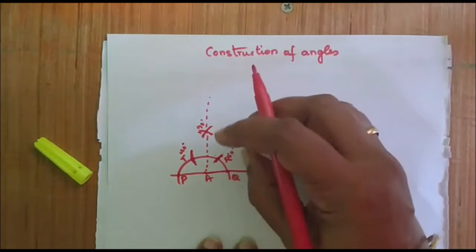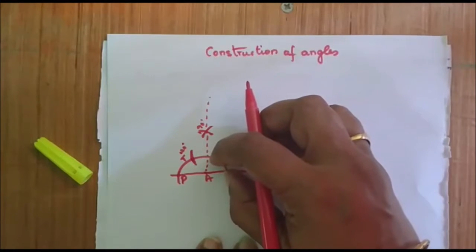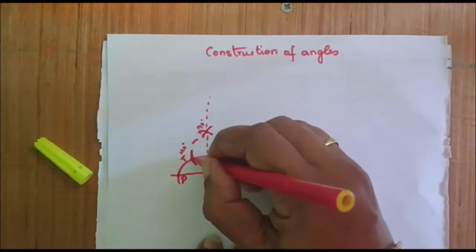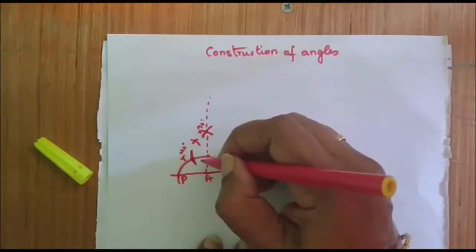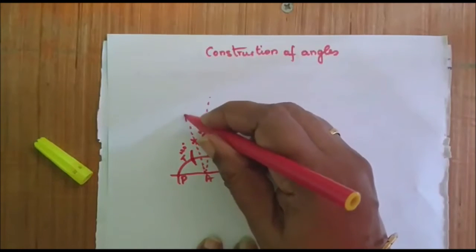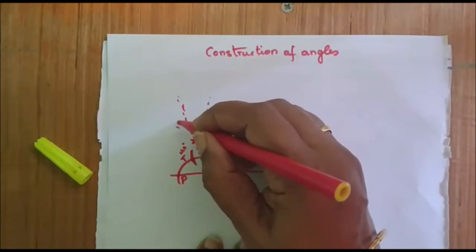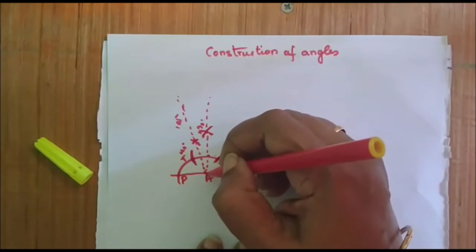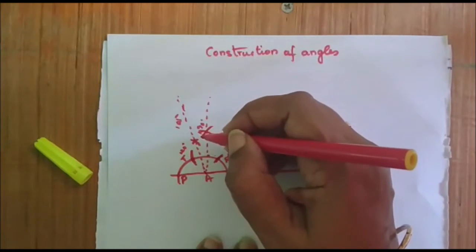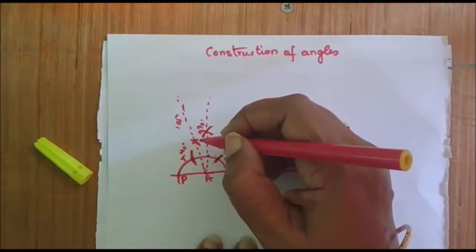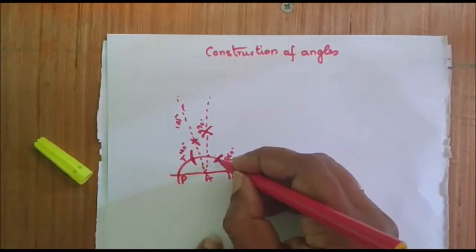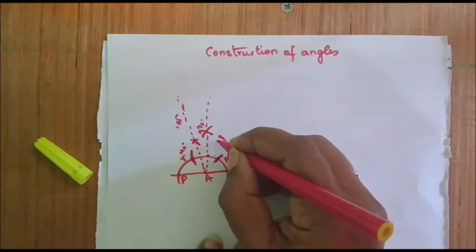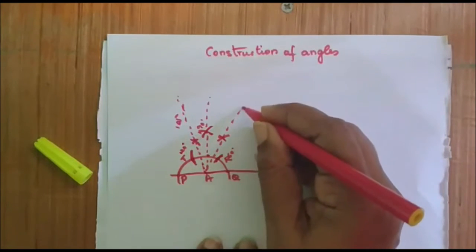Now, having QR as the length, I keep my compass over here and make an arc. I keep it at 120, or at T, and make an arc over here. So this is 105 degrees. This is 105 degrees because between 90 and 120 the difference is 30 degrees, so the angle bisector in between is 105 degrees. Similarly, if I keep my compass at 60 and draw an arc, and keep it at 90 degrees and draw an arc here, this is 75 degrees.